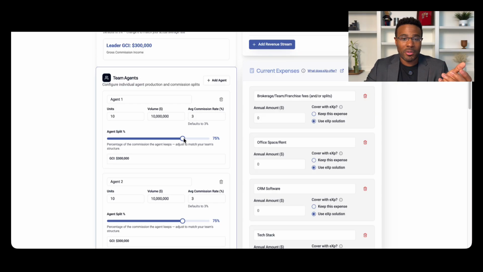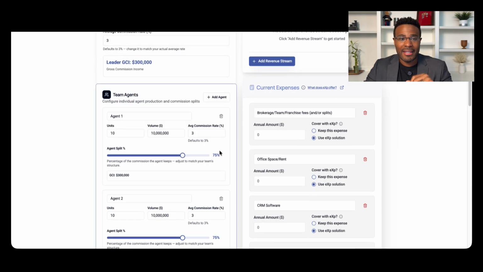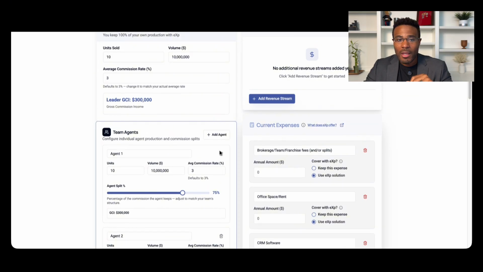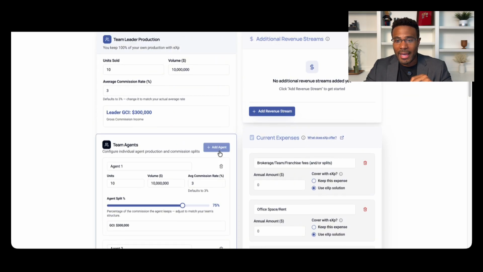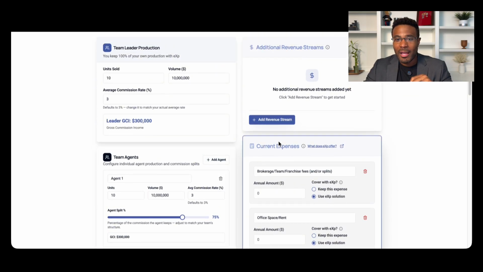Let's say agent 1 is on a 50-50 split, or maybe they're on an 80-20, 85-15, or 90-10 split, it doesn't matter. You can input that here, and for each one of those agents, whatever their split is with you, you can indicate that here. All right. Now, the next piece that we want to look at is going to be your current, actually, I'll tell you what,